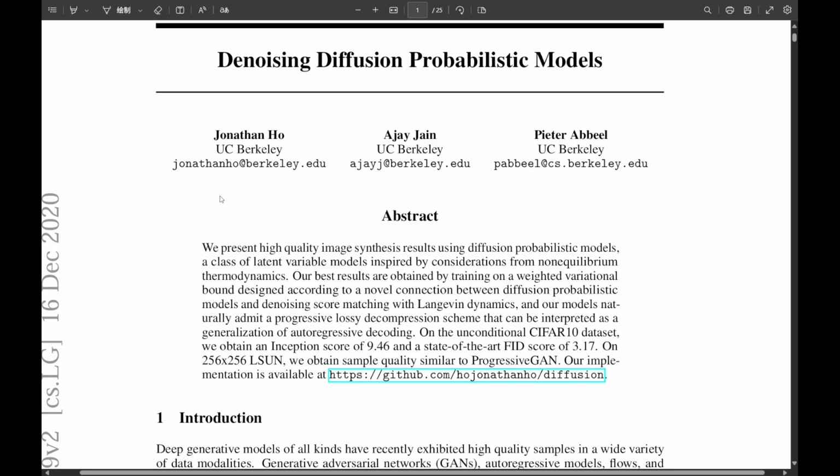You check the numbers. Log likelihoods aren't best, but sample quality soars, half the lossless bits wasted on imperceptible details. You realize it's not just a generative model, it's a bridge between nonequilibrium thermodynamics and the art of creating images from noise. You didn't build another sampler, you built a framework where diffusion, score matching, and compression meet as one.